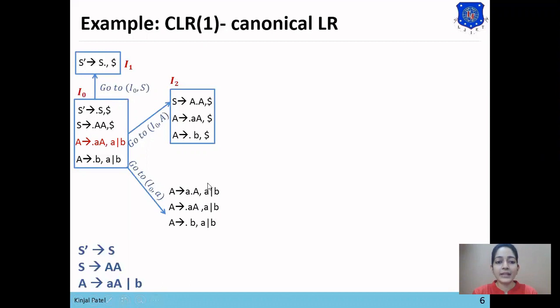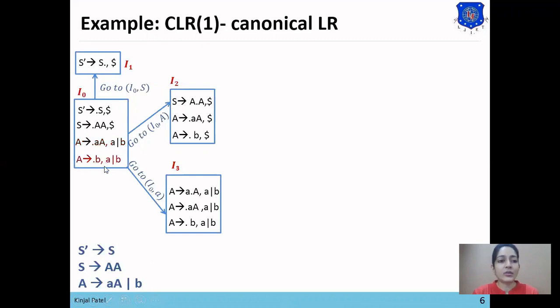Now after applying the rules of closure and goto, we'll check whether this set matches any of the previous sets or not. If this set matches a previous set, then we'll represent it as a repeated set. As this set does not match the previous set values, we'll represent it as the I3 set. Now we'll apply the rule on the fourth statement.